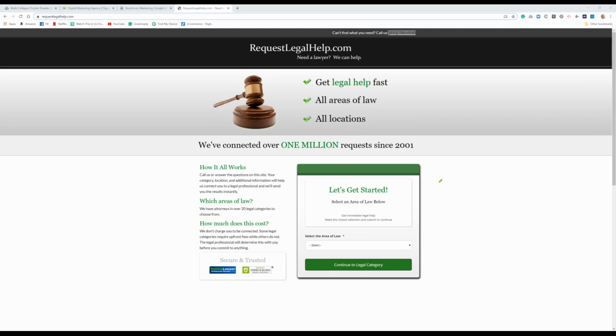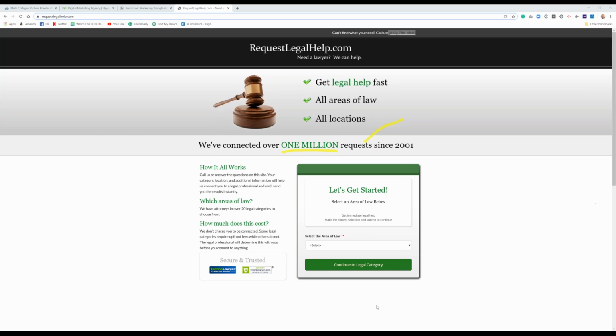So you say you can either call us or find an attorney online. And again, going back to the trust idea, one million attorney connections made since 2001. You might want to show the types of law. Even if they don't know what they're looking for, you have that in your dropbox.